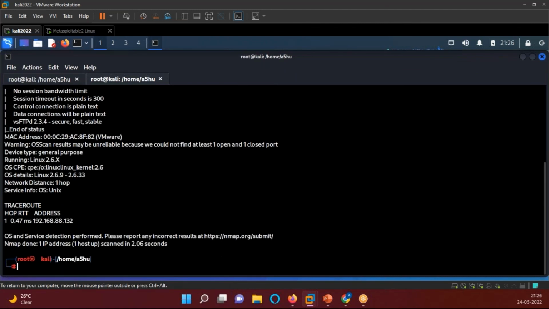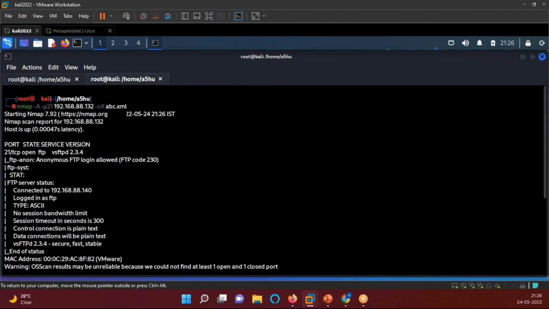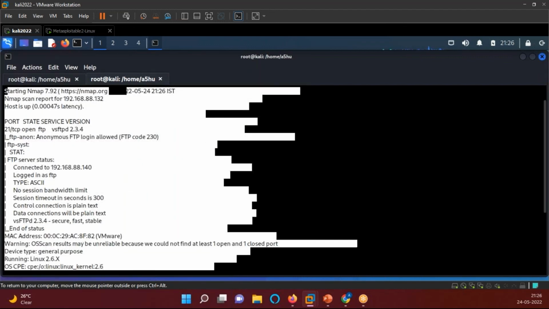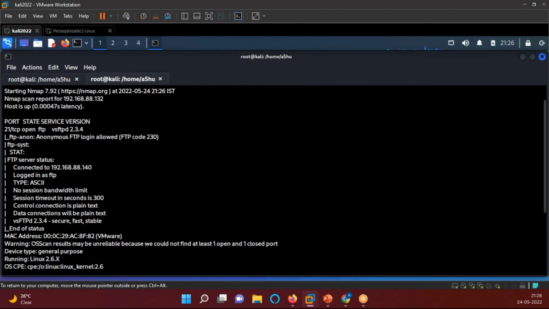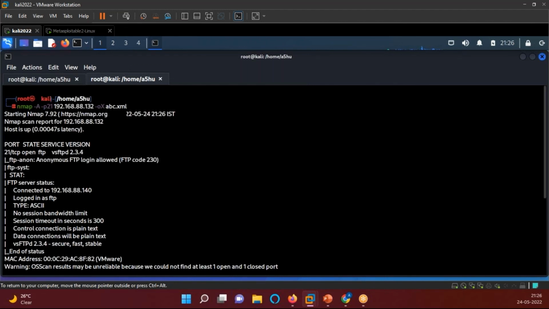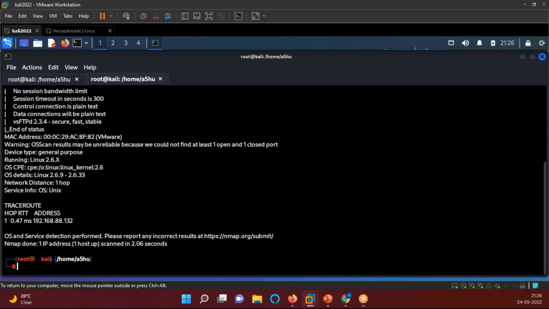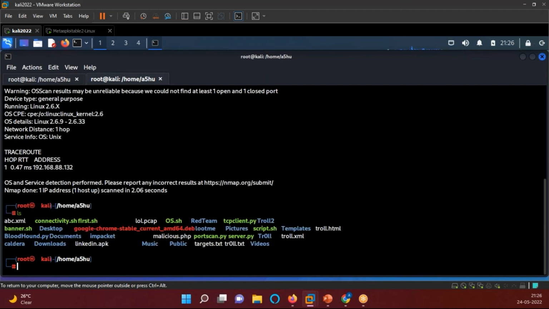And nmap -A -p21 gave me the output for that port number 21 that is open, right? Why I have written this abc.xml, I wanted it in XML format. So if I do ls, you can see it's here in the XML format, right? What I can do with it,